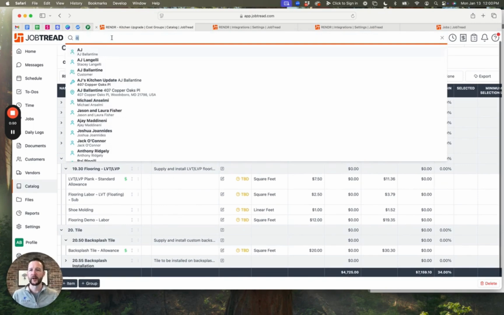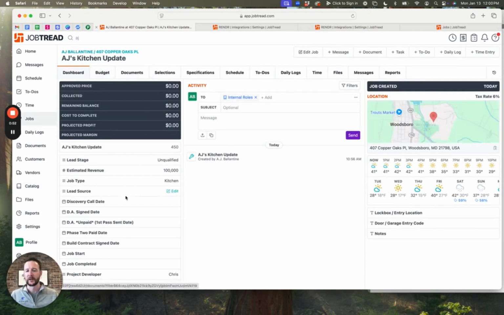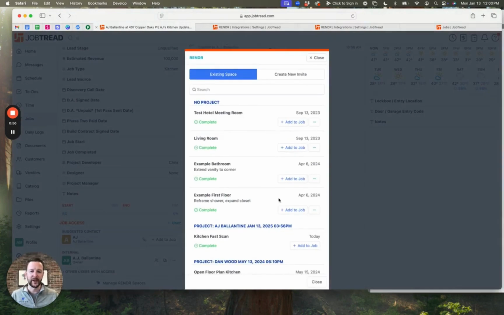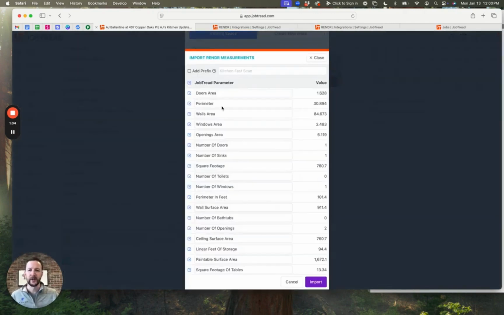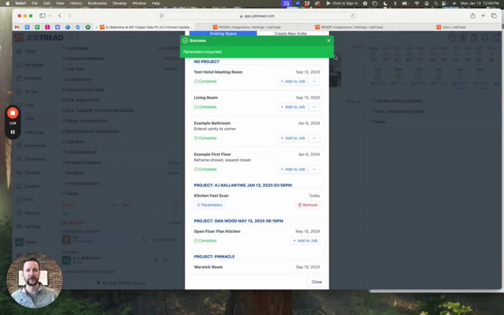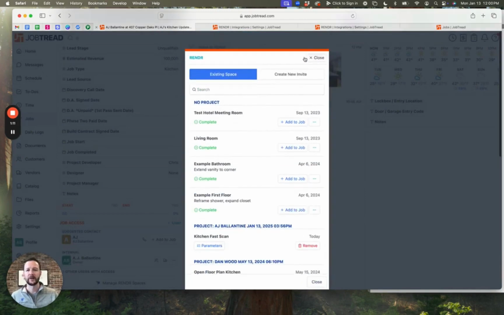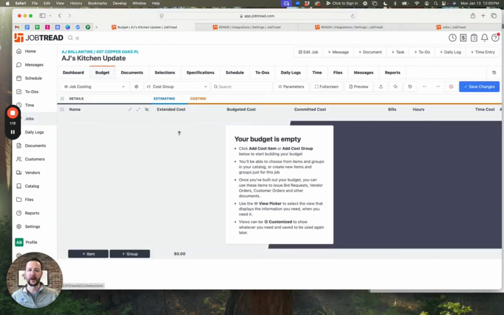So watch as I create a job. Kitchen update here. This has no budget yet, but what we're going to do is attach a Rendr space. This is one that I did this morning. I'm just going to go ahead and add this right to the job. And as soon as it's connected, you'll see that here's the list of all the parameters that we're able to bring in. Let's go ahead and import those here and navigate over to our budget tab,